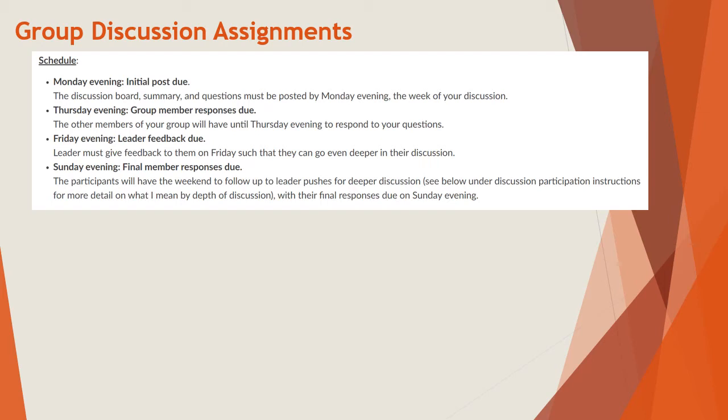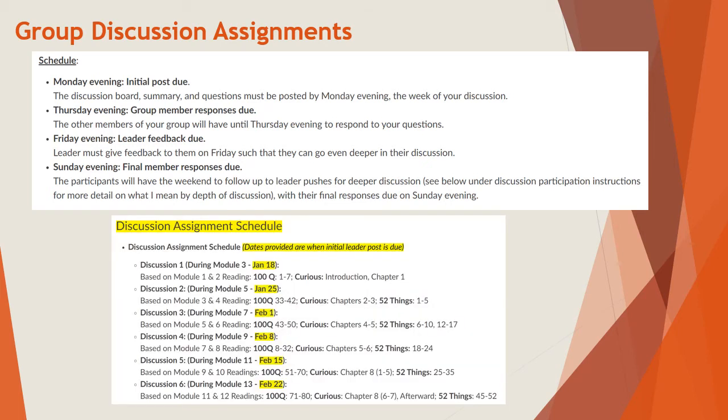It's important that when you're doing your group contract, you focus on these discussions and make sure that you have all of your leaders assigned by date, because this starts pretty quickly. There are dates in here, but you should not look at this PowerPoint and pick these dates, because this may not be for your class. This is just a sample. When you look into the discussion assignment, at the bottom it says discussion assignment schedule. There's another block in Canvas that says check here for dates, and they're in there as well.